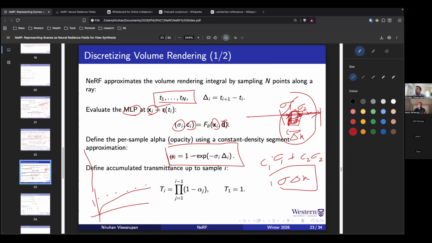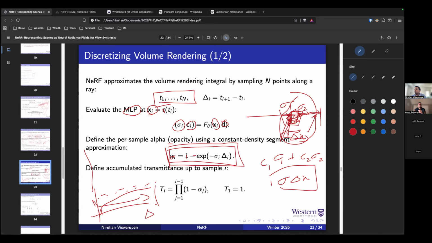So if you take a small width, then you get some small value. But if you take a very large width, let's say you take a point here and a point here, there's a big difference, but you don't want that opacity to blow up, so you just limit it to 1. So even if you take a large delta, you still get something close to 1. So that's why I think they have used this formula. Any questions on this? These are some mechanical things in the